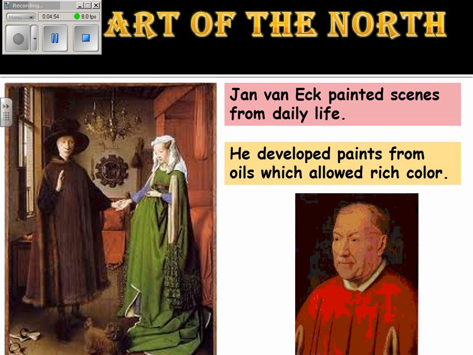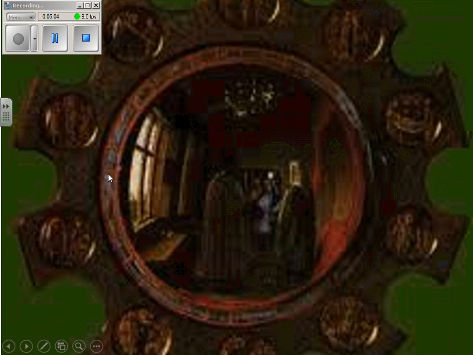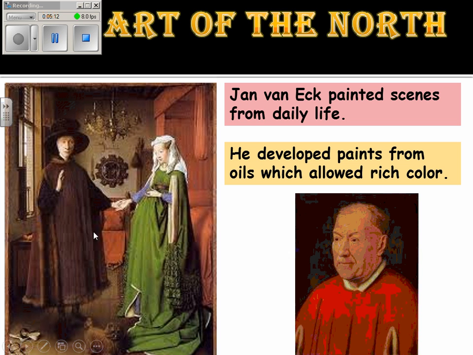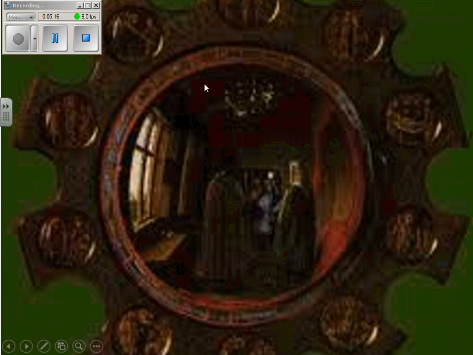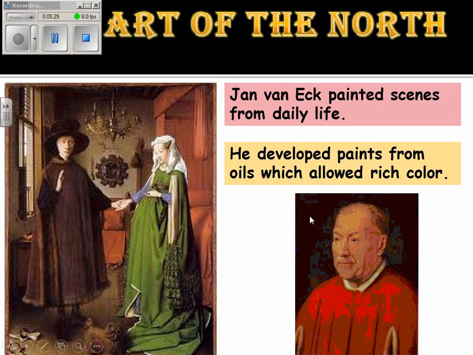And again, when you're looking at this artwork, you really need to look very, very closely. If we examine it even closer, some of you saw this a couple weeks ago, the focal point is this mirror in the background. And in this background, Van Eyck paints the same scene twice. He paints it once from the front, so you're seeing what the artist is seeing, but you're also seeing what the artist isn't seeing. You're seeing this background. And you have the woman, you have the man, and you have a very tiny Van Eyck and his assistant. But you have the entire scene. You get to see what the entire room is like